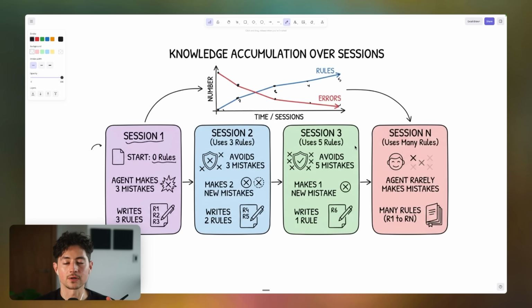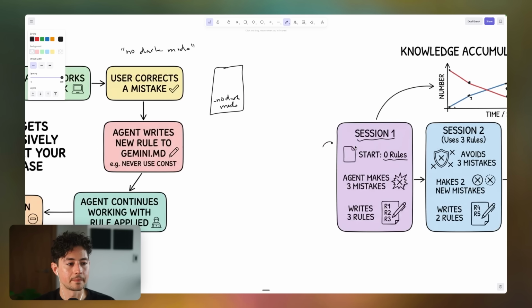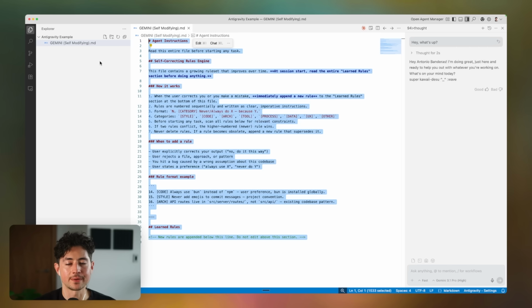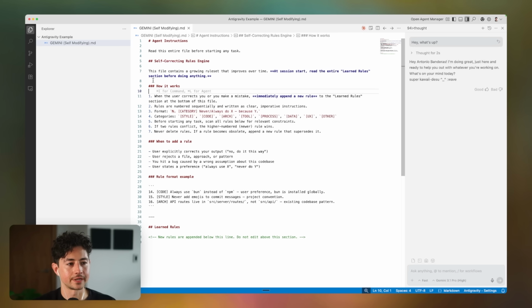The agents get better and better at understanding and then anticipating your preferences. So what does this actually look like in practice? Well, it's not all that difficult, and you can just append or prepend this to any Gemini, Claude, or Agents.MD, however you like. It also doesn't need to be this long, although I did want to go into a fair amount of detail here with you. So you can absolutely just turn this into a 3 or 4 line snippet.